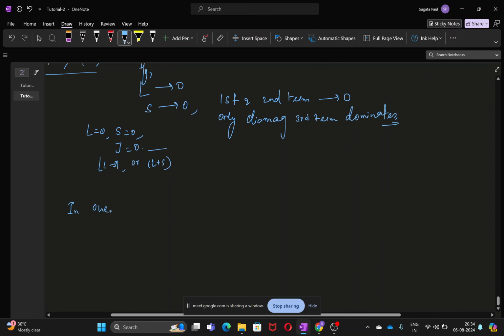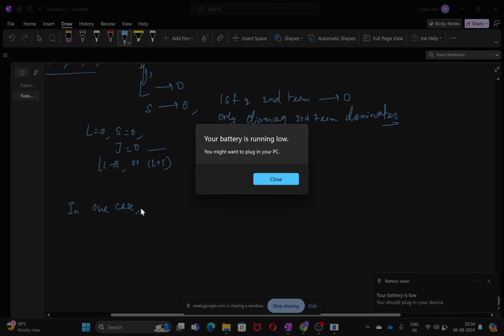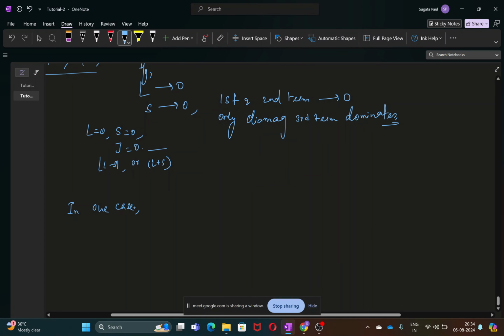In our case, in the question, just let me plug it inside the charger. Okay, so